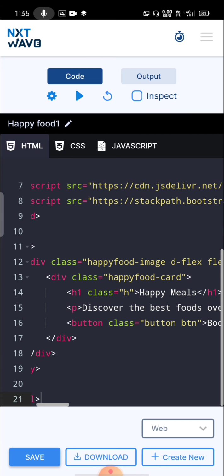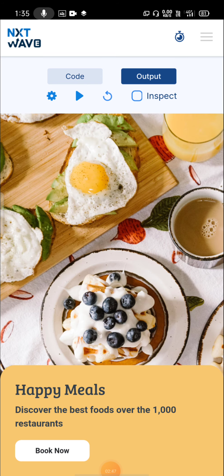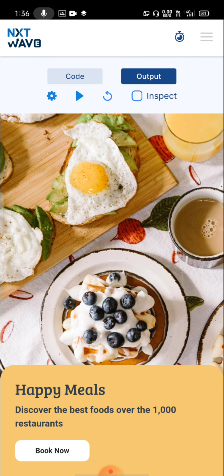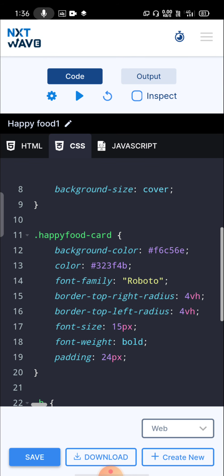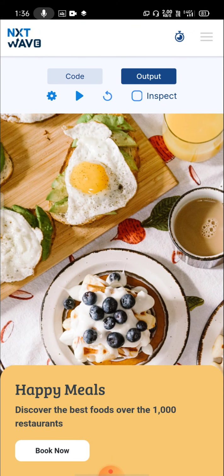Here I made a CSS rule set for the card. In it I have written background-color, the color of the card, which is a hexadecimal code that I got from the Google color picker, and I gave the color of the text. You can clearly observe there is a color for the paragraph and the heading.